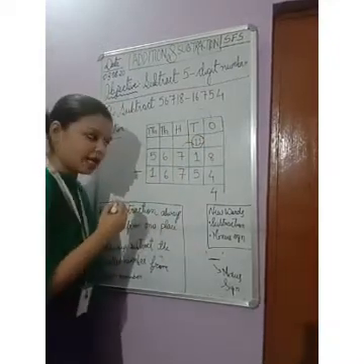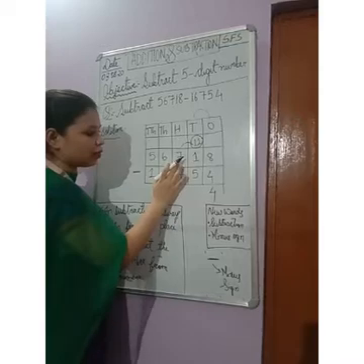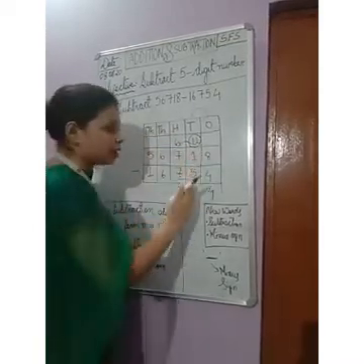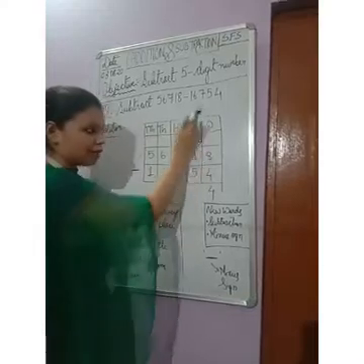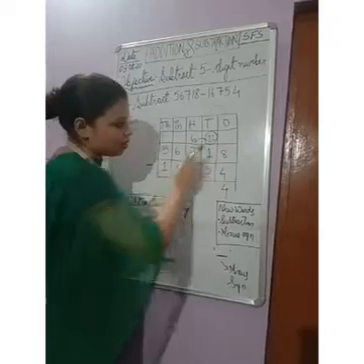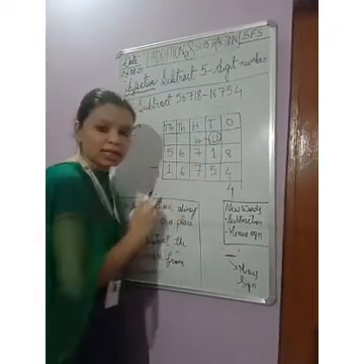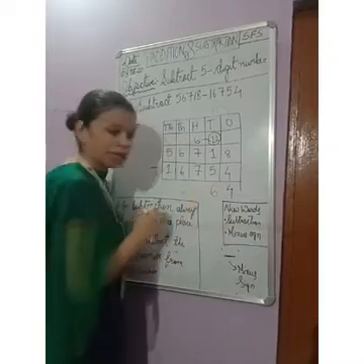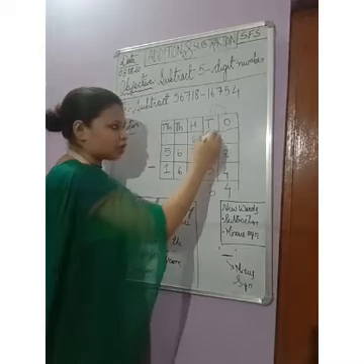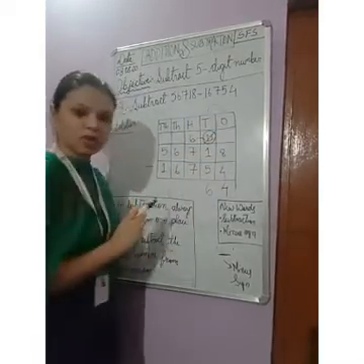It becomes 11. Since we have given 1 to the tens place, this number will become from 7 to 6 because it has given 1. The 1 from the tens place has borrowed a number from the hundreds place. Now we have 11. 11 minus 5 is 6. 11 minus 5 is 6. So after we have finished, you can put a cross mark here. Okay? The tens column is over.